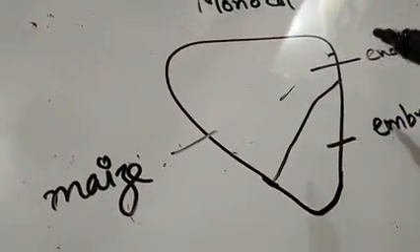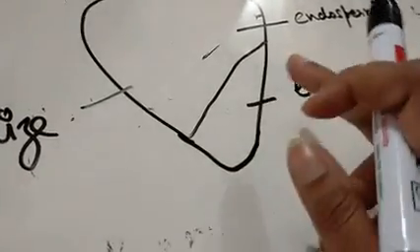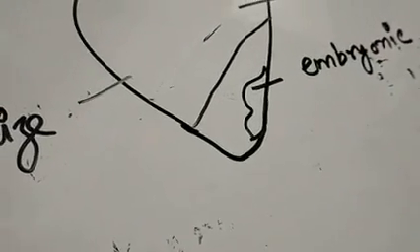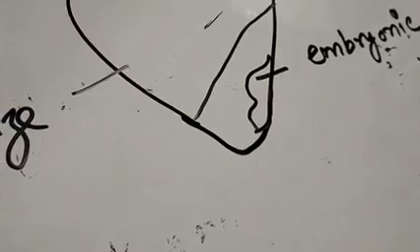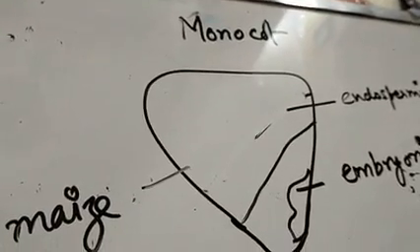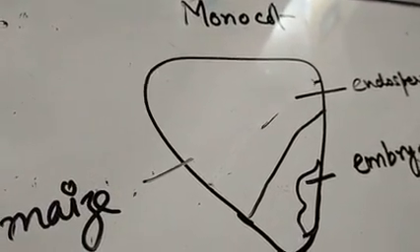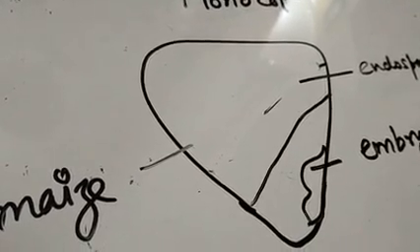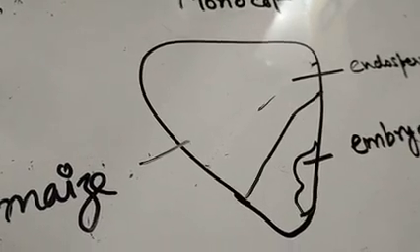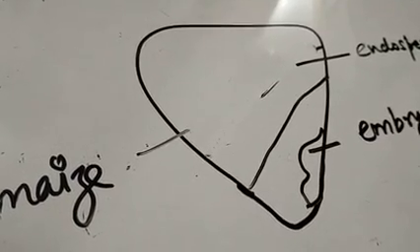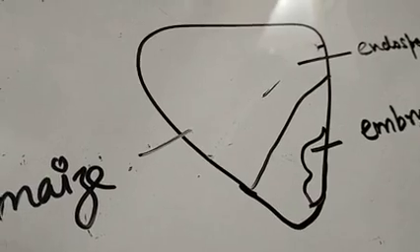One third is the endospermic part, that is the food storing part, and the other part is the embryonic part, in which a growing embryo is present. The outer membrane is the fused pericarp and testa, which becomes the fruit wall. Since it is the fused pericarp and the seed coat, that is why this is called a grain. They don't have a separate seed coat and pericarp, so it is called a grain.